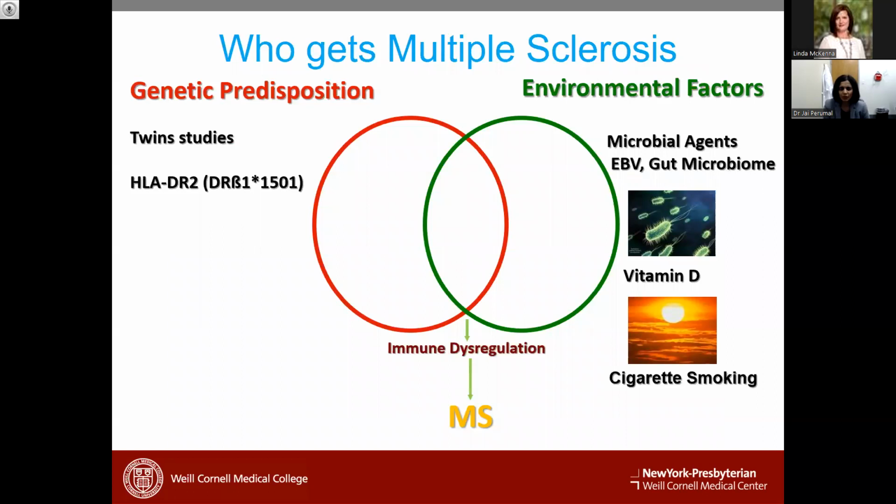We just talked about this. We know there is a genetic predisposition based on twin studies. The general risk of somebody having MS is about 0.4%. If you looked at monozygotic twins, that risk goes to 30%. So if one twin got the disease, the risk of the other twin getting it is about 30%. That's a lot higher than the general population, but on the other hand, it's not 100%. So that 70% is accounted for by environmental risk.